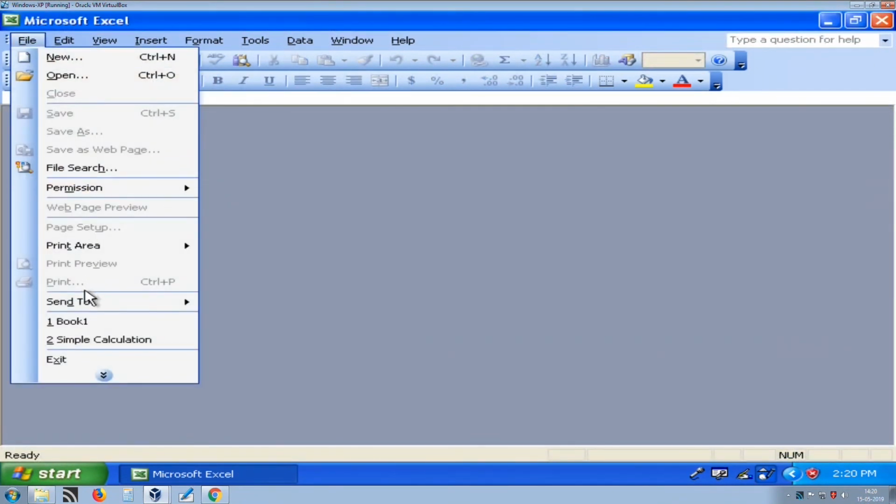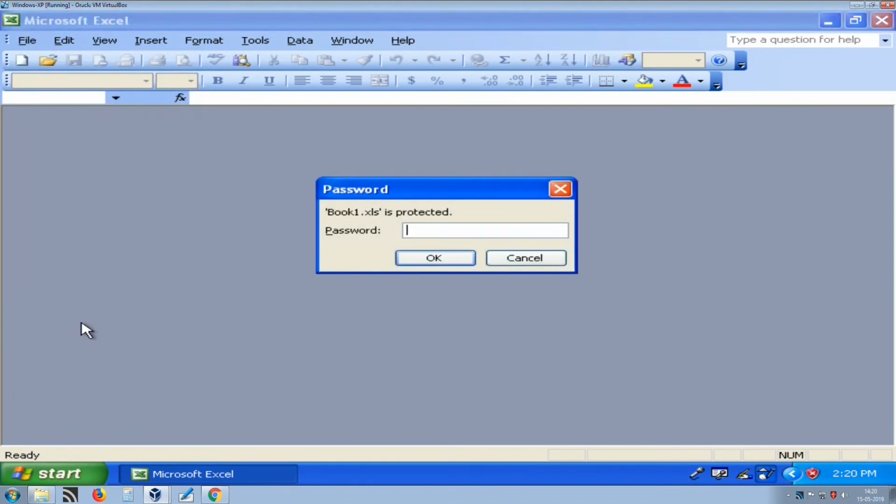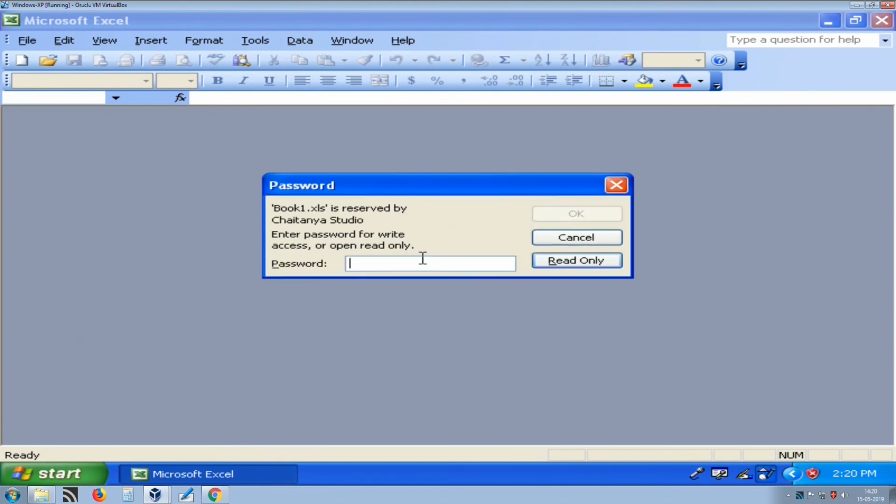Now, when I open this file, it will ask me to enter password to open because it is protected. Now, I am entering my password to open file. Okay. So, I am pressing OK. Now, suppose I want to open this file without modifying, then I can open it as read only, but then I cannot make any changes to the file. But suppose I want to open the file and also modify it, then I need to enter password to modify.